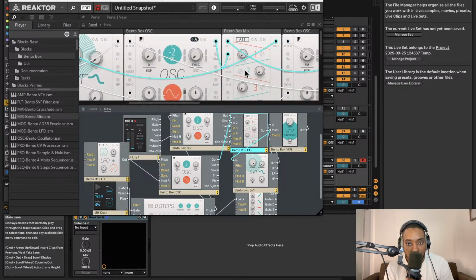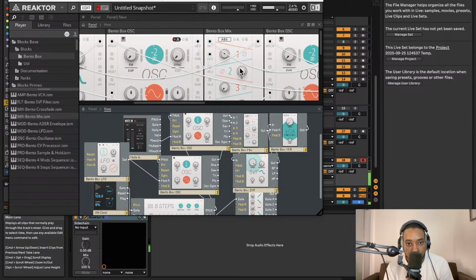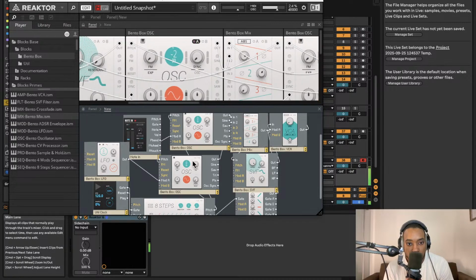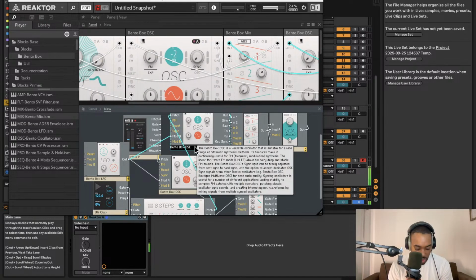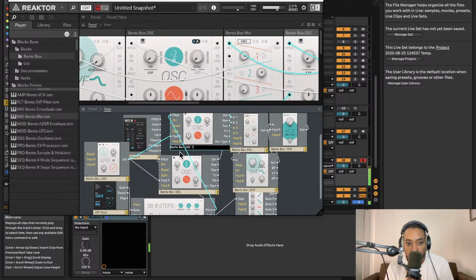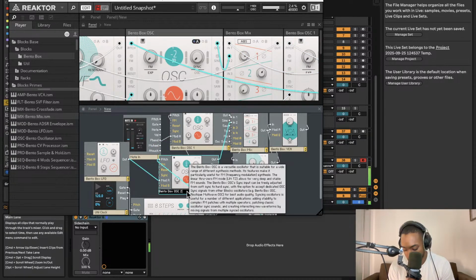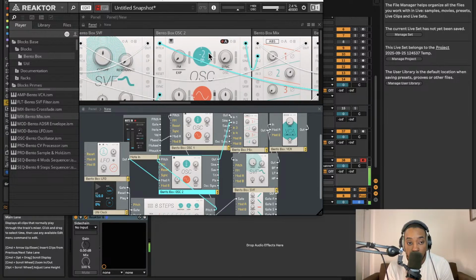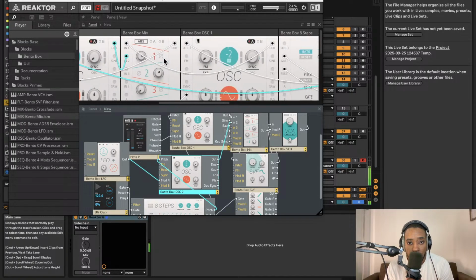So I'm going to turn back up the volume. We can slightly change each other. We'll call this one oscillator 1. We'll call this oscillator 2. All right, once you got that going,